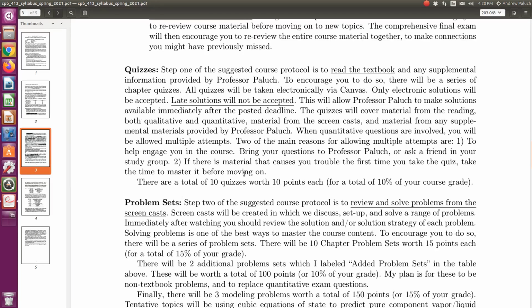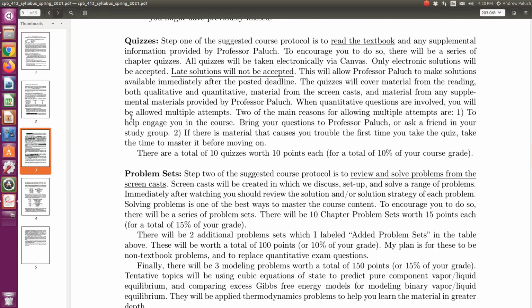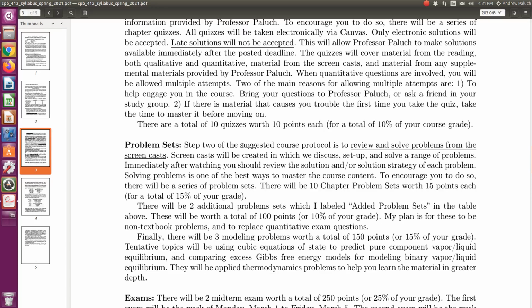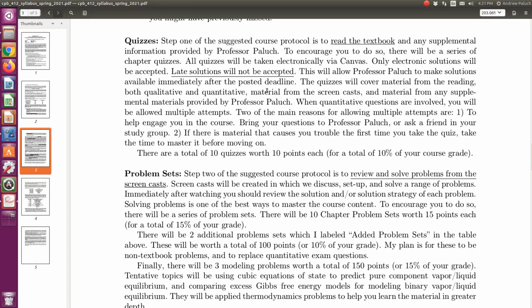Okay, and so you can read about a lot of the details. Okay, so quizzes and problem sets, they will be posted with a due date. So it's an asynchronous online course, but there will be due dates listed for the quizzes and problem sets, along with the edited problem sets and such. If you have any issues, right? I know it's a completely unusual situation that we're all in. So just let me know. Be sure to communicate with me. Okay, but I'm going to set the due dates. I'm going to hold you accountable to them. So the due dates of the quizzes and problem sets are important because the solutions will release after they're due.